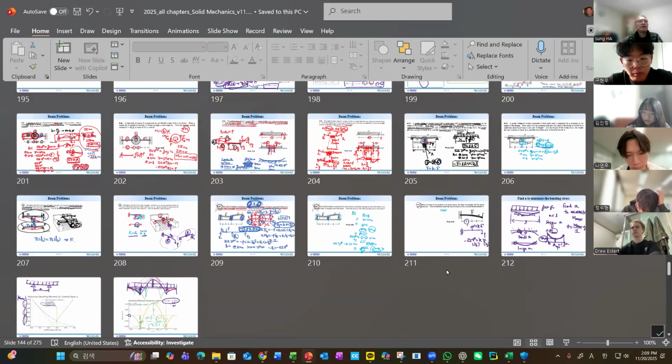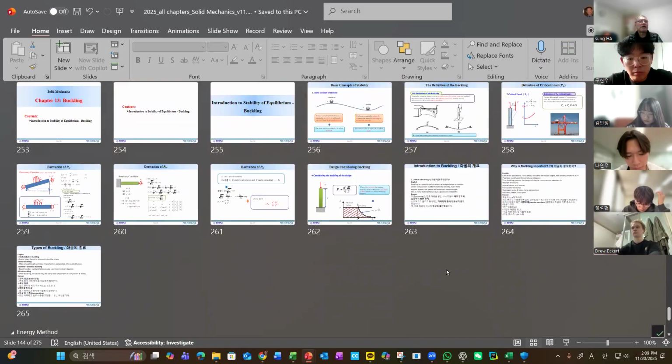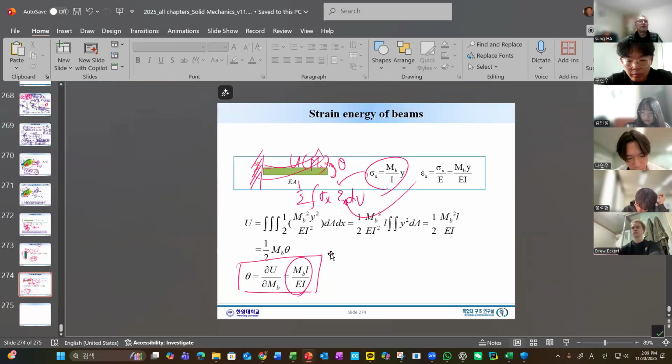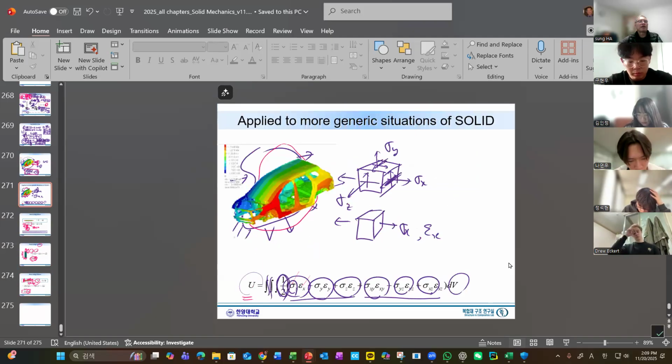But again, that's the beauty of strain energy. If you take the derivative and M, this is how we get theta. Well, you may get confused when we say the